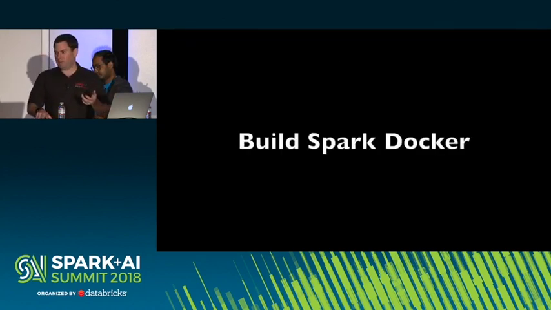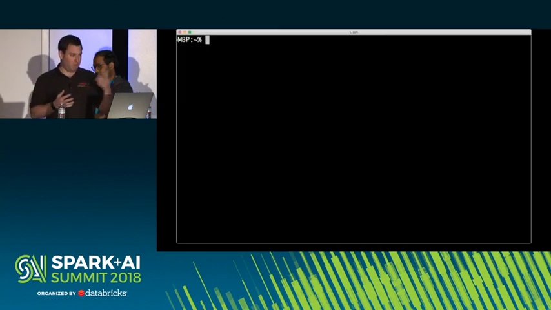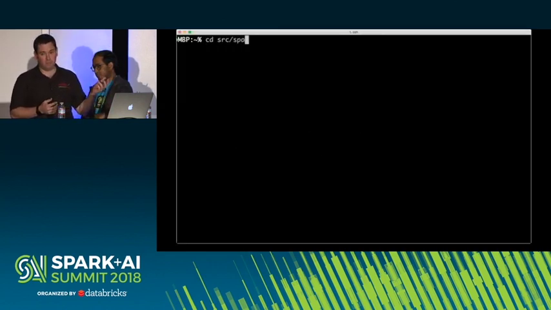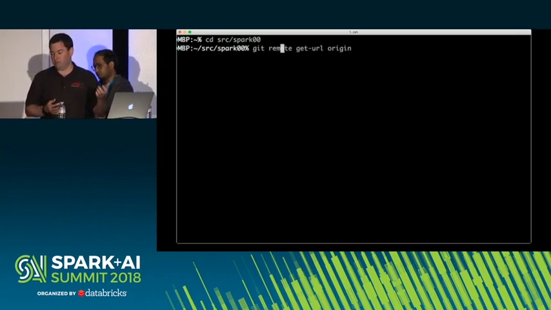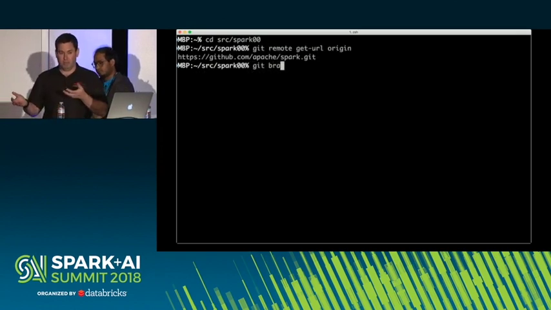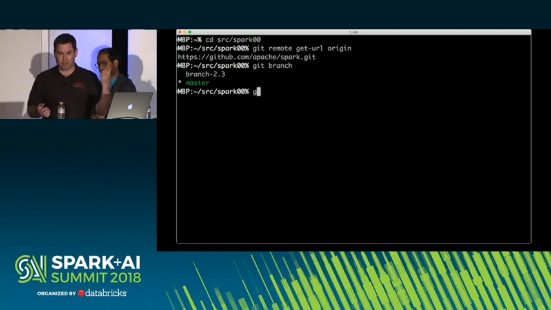So then the next thing we're going to do is we're actually going to build a Docker image for Spark. Now one could get this publicly, but I wanted to show soup to nuts here. So we're actually going to get Apache Spark mainline code. So you can see, this is the actual mainline pull. This was as of last night.